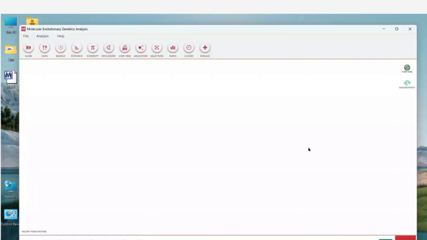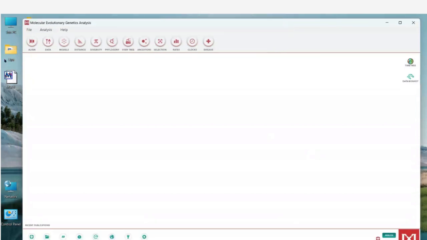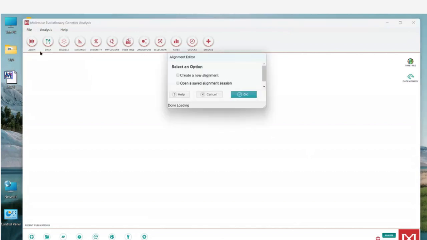Okay. So from here, go to the Align option first. Click on it. And the first option, Edit or Build Alignment. Click on it. And there will be a window here. You can go to Create a New Alignment. So first of all, we need to align our data with a multiple sequence alignment. You can also download the multiple sequence alignment from ClustalW or Clustal Omega, or you can do it